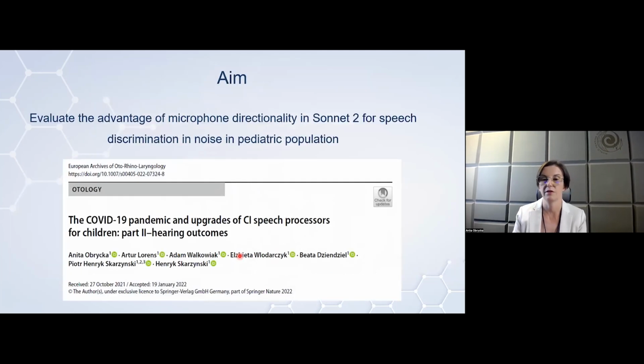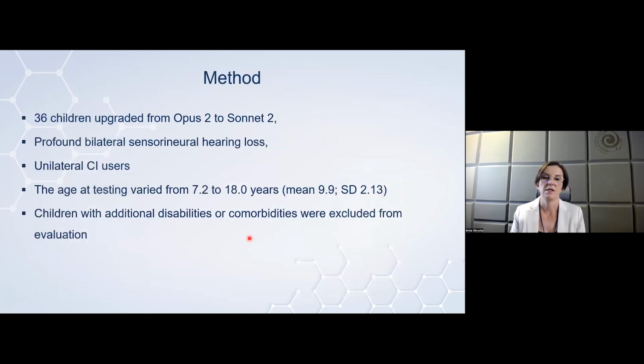because all those previous studies were conducted in adults. We decided to evaluate the advantage of microphone directionality, especially the advantage of the natural microphone over the omnidirectional microphone in SONNET 2 in the pediatric population. We did our study during the upgrades of the speech processor, and we published those results last year. In our study, we tested 36 children, and they were upgraded from OPUS 2 to SONNET 2,